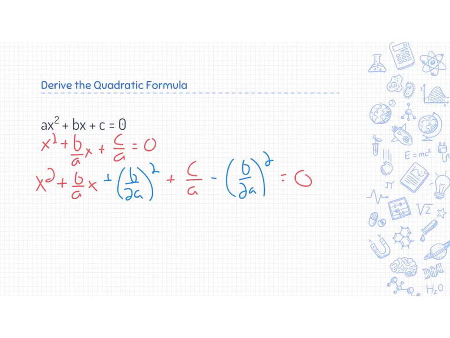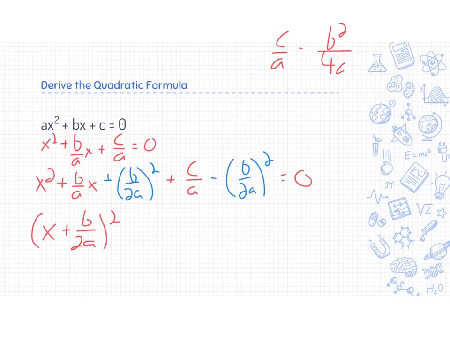And from there, that then allows us to factor this first portion, which then becomes x plus b over 2a squared. And then dealing with this portion here, off to the side, I want to combine those like terms. So I have c over a minus b squared over 4a squared,